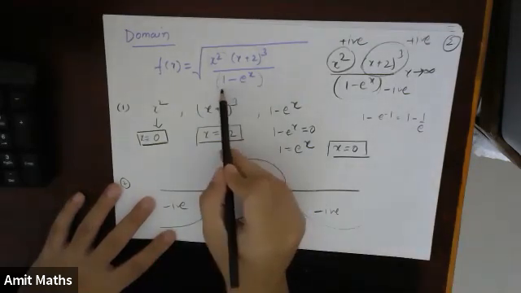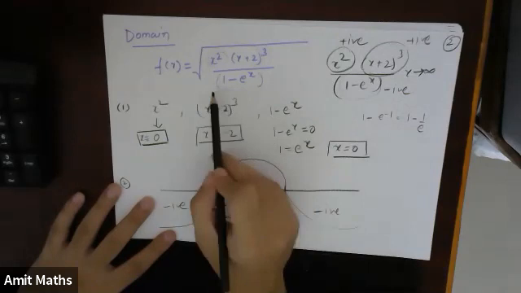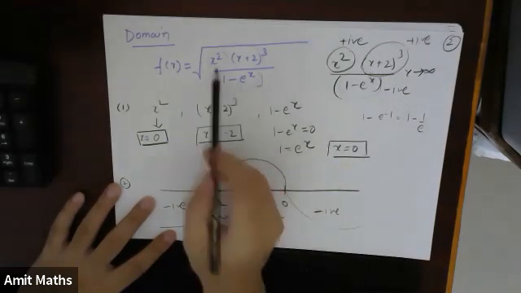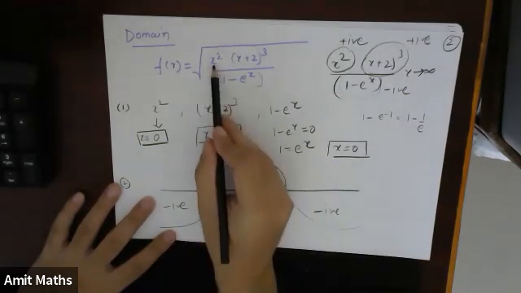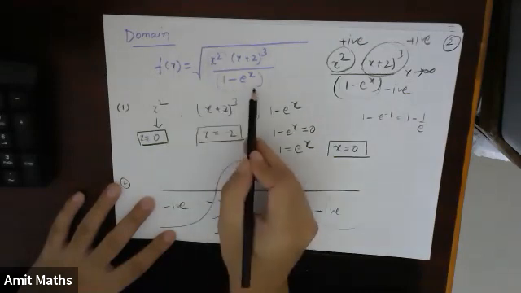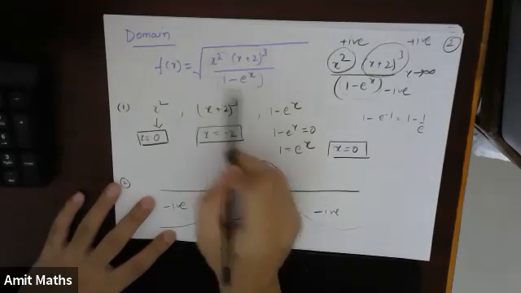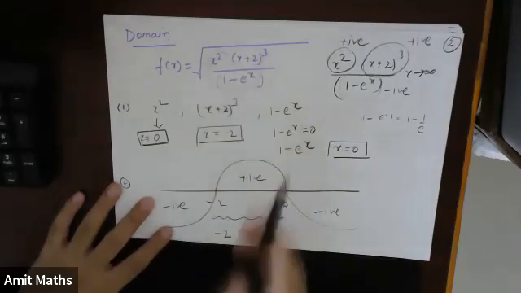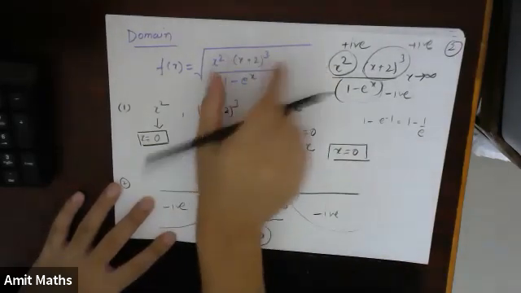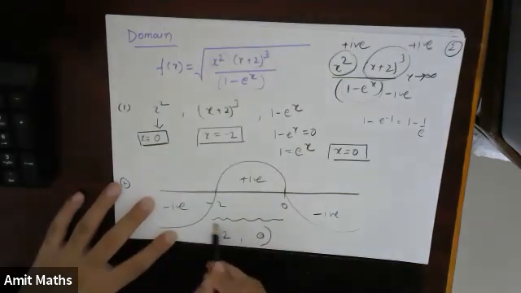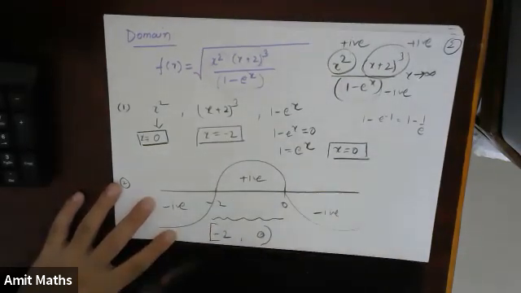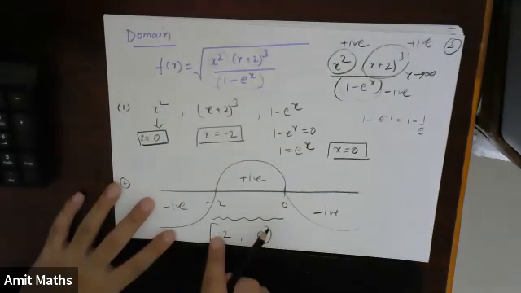If I substitute minus 2, this will be negative. This will be some value. If I do minus 2 whole square, this will be 4. So this is 4 upon something. And if I substitute minus 2 here, this will be 0. So something into 0 will become 0, and under root of 0 is defined. So that means minus 2 will be included. So the domain of this whole thing will be from minus 2 included till 0 excluded.